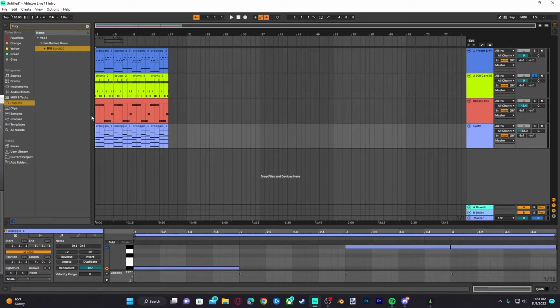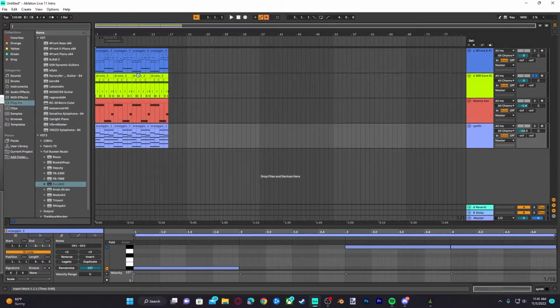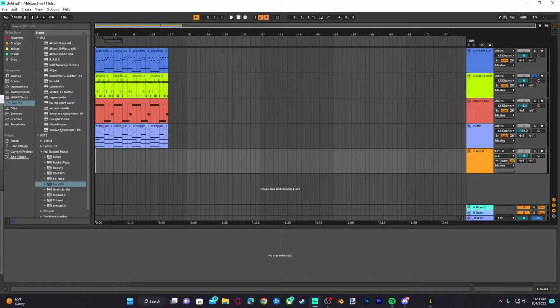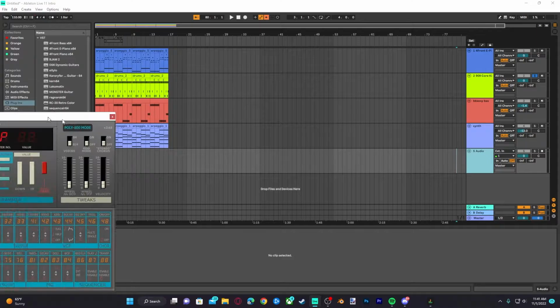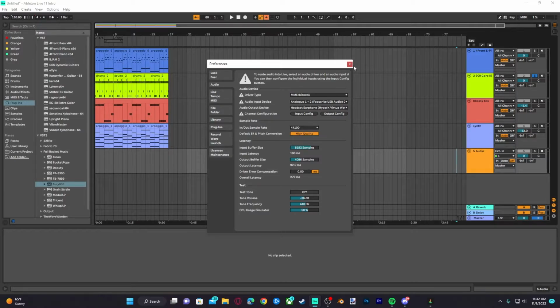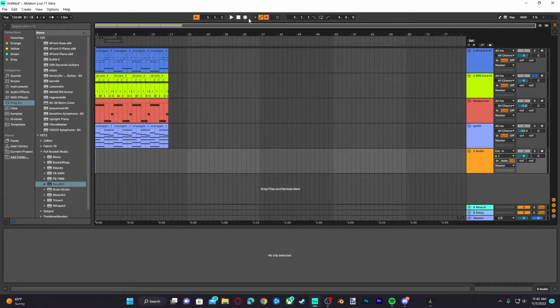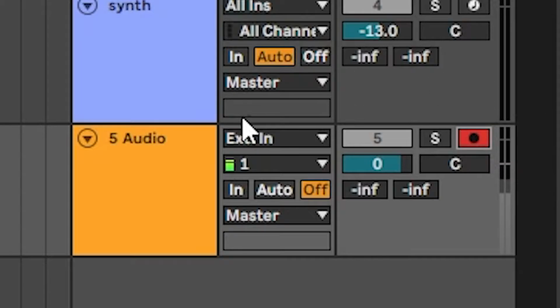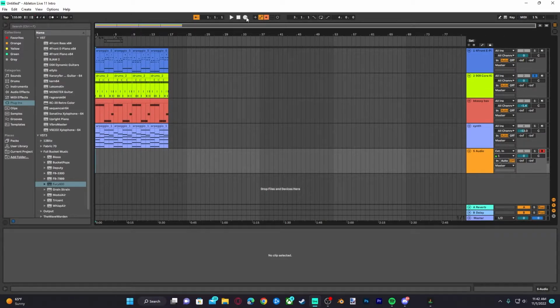Okay, what other instrument could we add? Like snapping or something. I might as well just record it from my own mic. And for that, you want to do Control T, because Control T adds an audio track. So if you want to record something from your mic, what you would want to do is, first of all, make sure that you have your input set to the right thing, as I do. And you're just gonna want to hit arm the track, that little button,